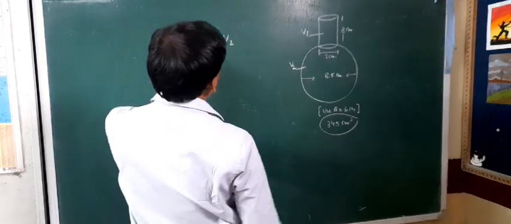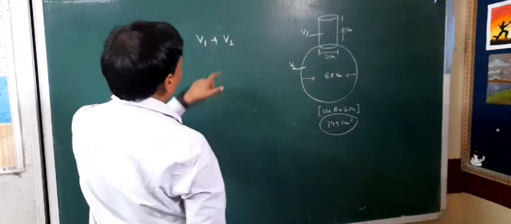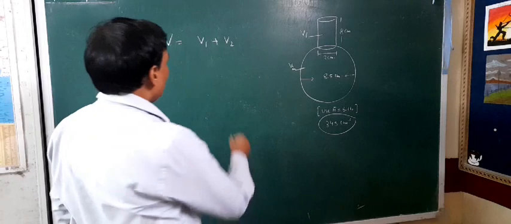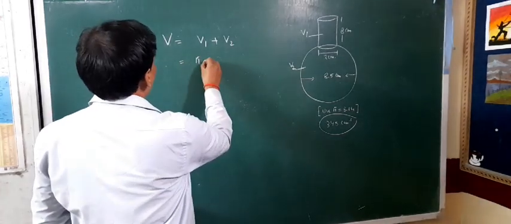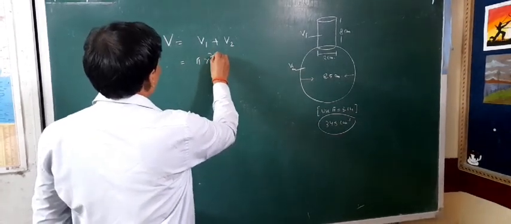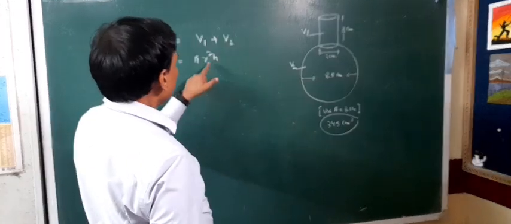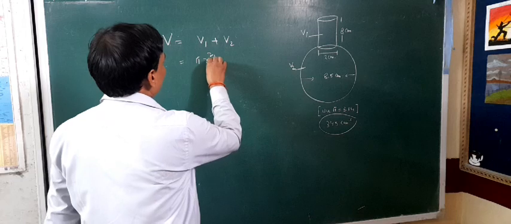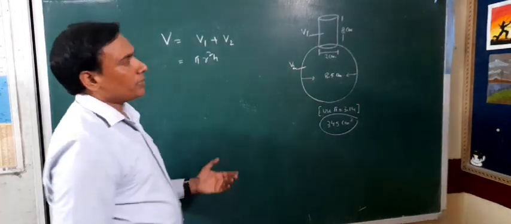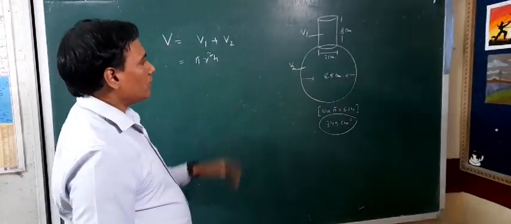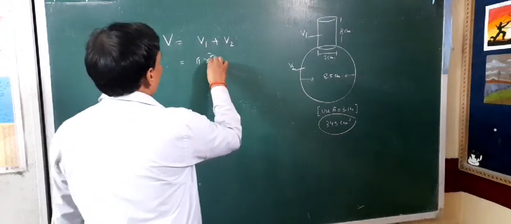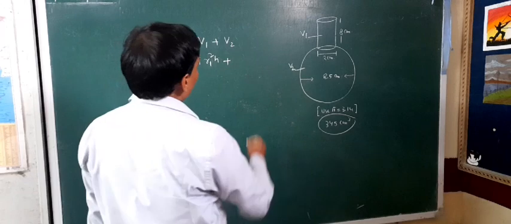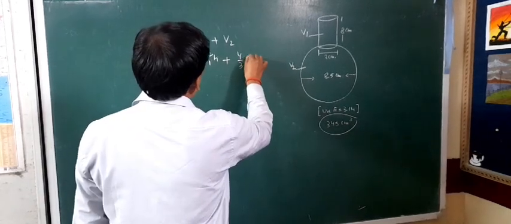I mean volume 1 is the volume of the cylinder, and volume 2 is the volume of the sphere. The volume of the cylinder is pi r square h, but in place of r we shall write another denotation so that we can identify the different radii. So I am writing r1 square, and for the second part, 4/3 pi r cube,